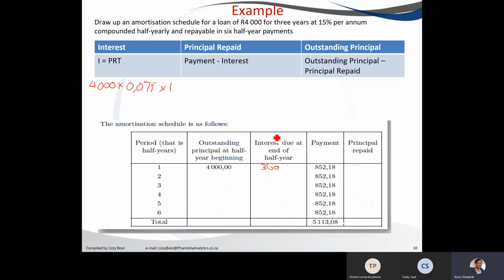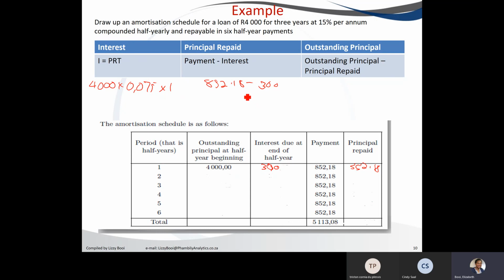And to calculate the principal repaid, we say payment minus interest, which was 852.18 minus 300, which gives us 552.18. Then we also have to calculate the outstanding principal, which is the closing balance after payment number 1, and